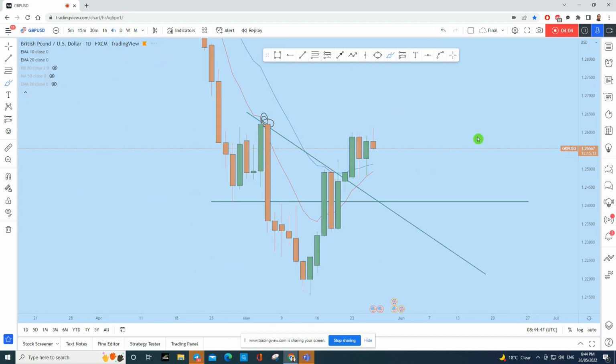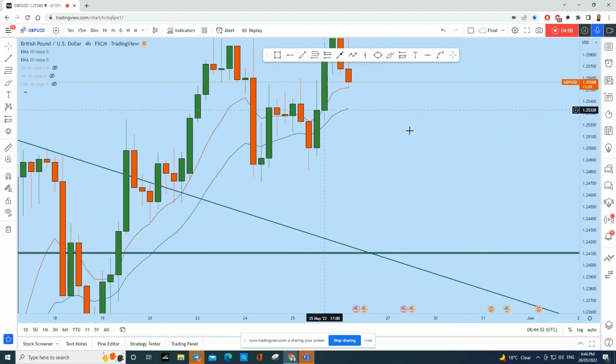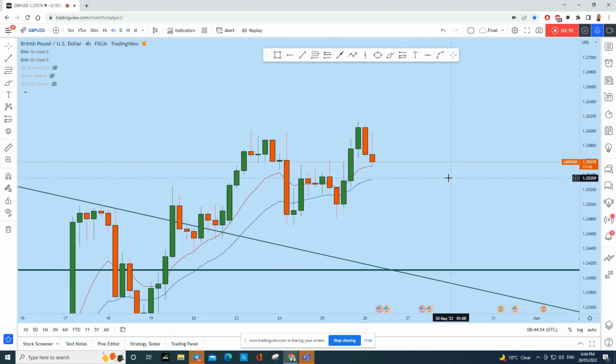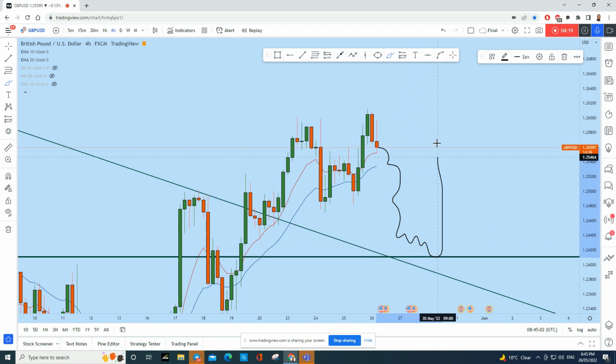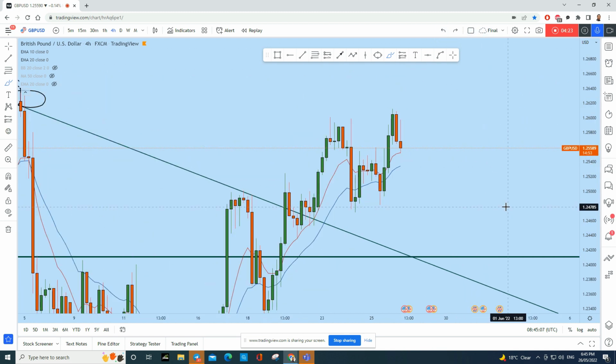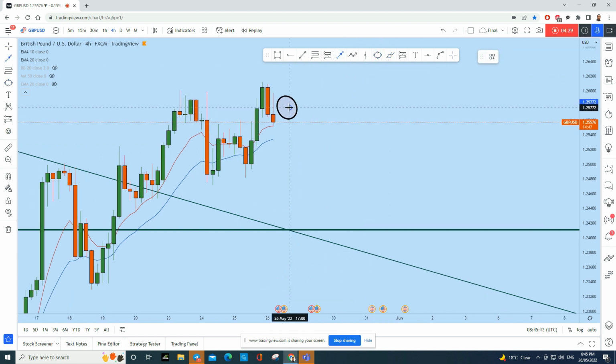Now let's go to the 4 hour time frame to see what's happening. This is what I think: GBPUSD will finally come back to this level later this week or early next week, and then from here we could see a bullish move to the upside. With that being said, we might find a trading opportunity on GBPUSD to the short side from this zone,